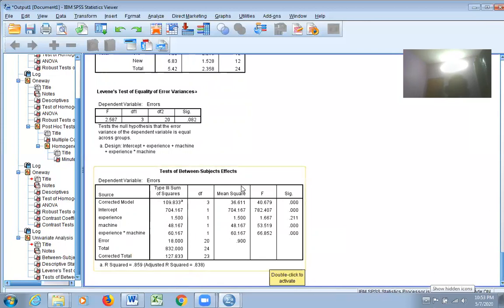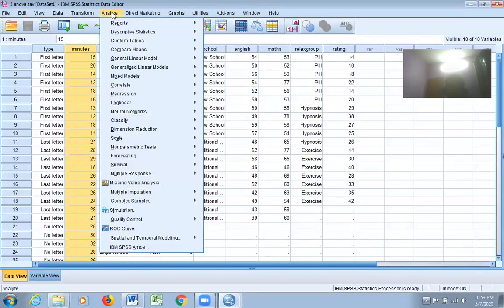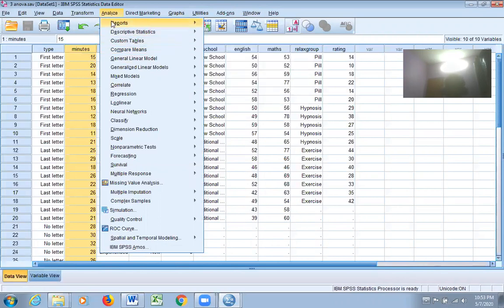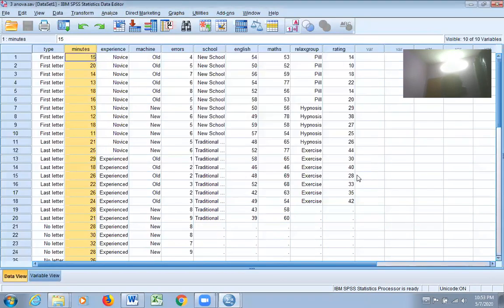So this is the whole two-way ANOVA. Now, I think you might have got it. To get one-way ANOVA, you go to Analyze, Compare Means, and then One-Way ANOVA. To do two-way ANOVA, come to Analyze, General Linear Model, click on Univariate, and you can go for two-way ANOVA. I think it's clear. And these SPSS files will also be shared with you, and you can try to get hands-on experience with these files in your SPSS.